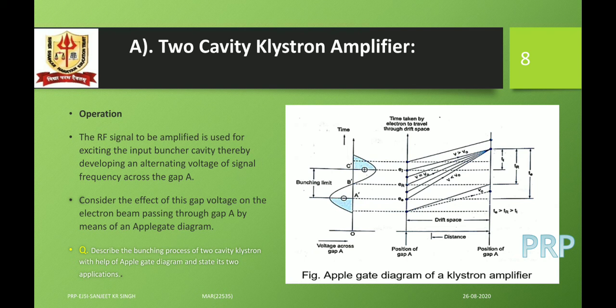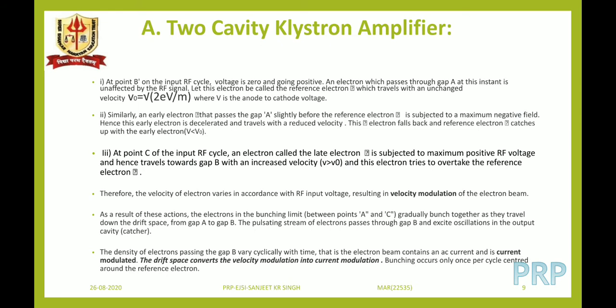So we call the two cavity klystron amplifier a velocity modulated tube, and from velocity modulation it is converted to current density modulation, and from current density modulation the amplified version of the radio frequency signal is taken out at the catcher cavity, as it sends the catcher cavity or the second cavity into resonance, and the amplified version will be taken out with the help of a coaxial cable or a waveguide structure, and the remaining electrons will be collected by the collector at the other end.